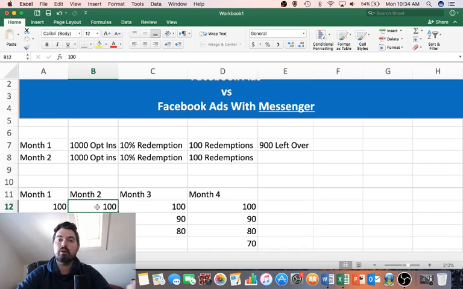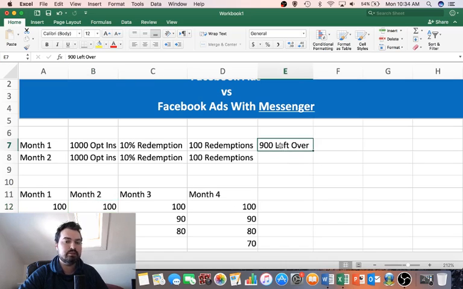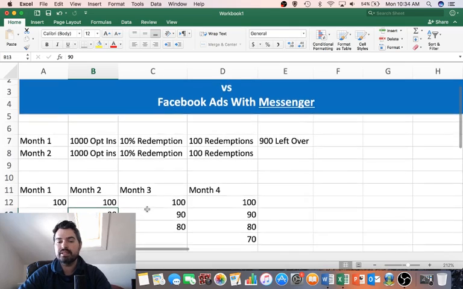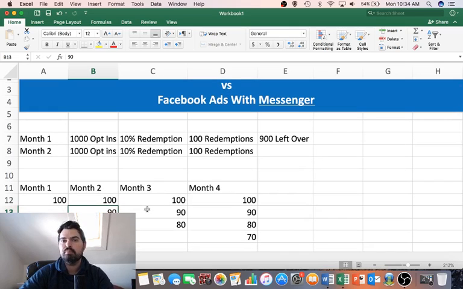But with Messenger, I'm also still following up on the 900 people without any additional funds to come back in. So let's say 10% of those people redeem, which is 90. So for the same amount of money, I'm now at 190 redemptions for the month, whereas last month I was at 100. And the stacking concept keeps working month over month. So consistently, you keep growing the amount of people who are redeeming by not even spending any additional money, just by having a strong automation process and a strong follow-up message that keeps your hot leads engaged for no additional money.